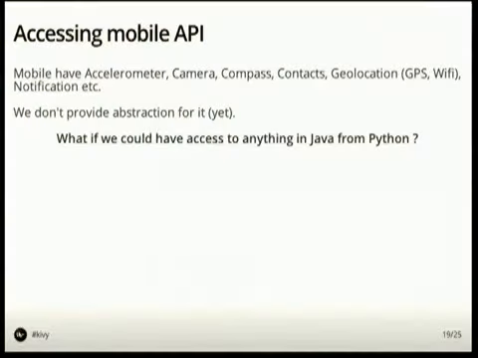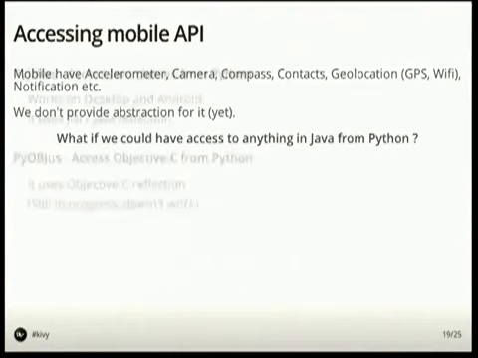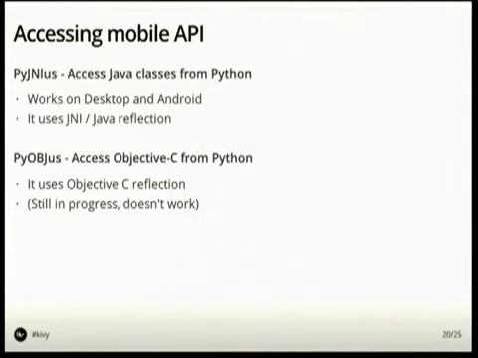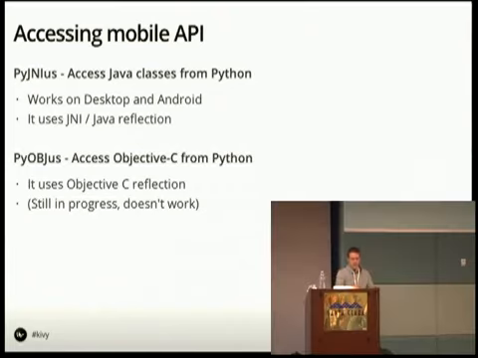So on other toolkits, they do an abstraction for that. But right now, we don't do anything for that. We think more about a generic way to approach this problem. So we created 2 other projects. The first one is PyJNIus. This is a library you can just import and access any Java class from Python. So you write Python and you can access the Java API. And we started to do the same for Objective-C. It's called